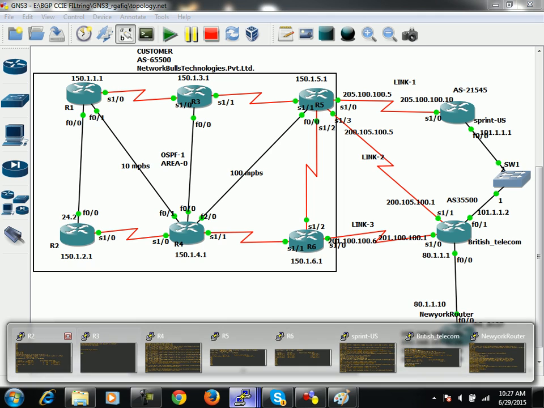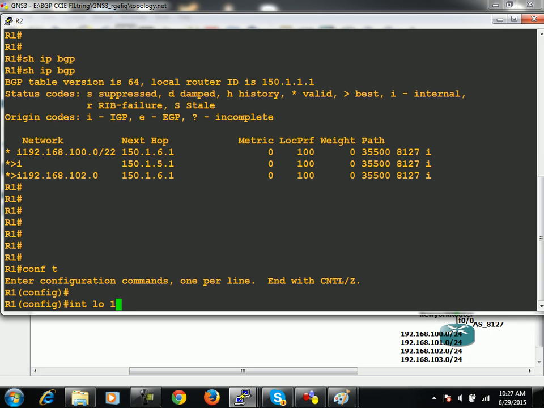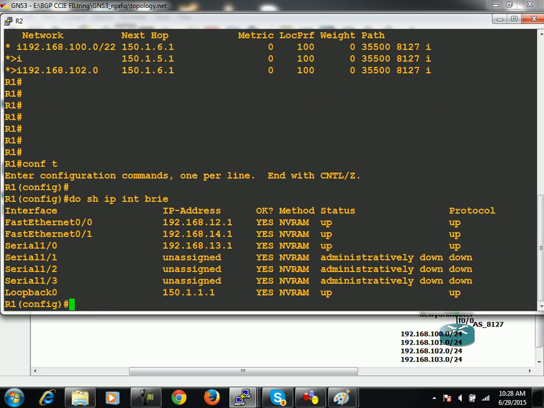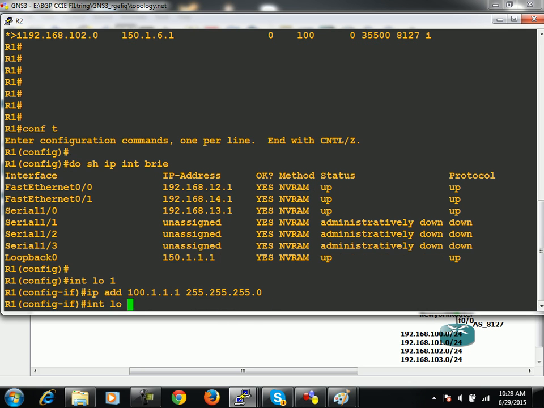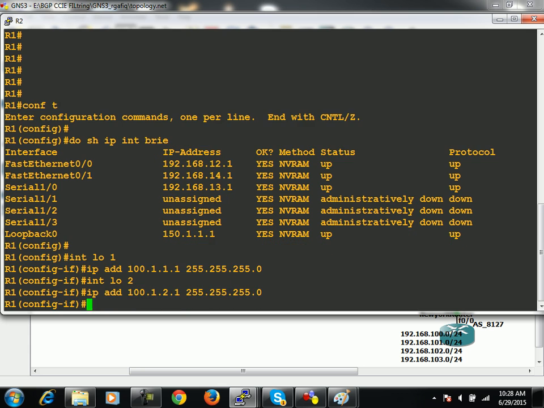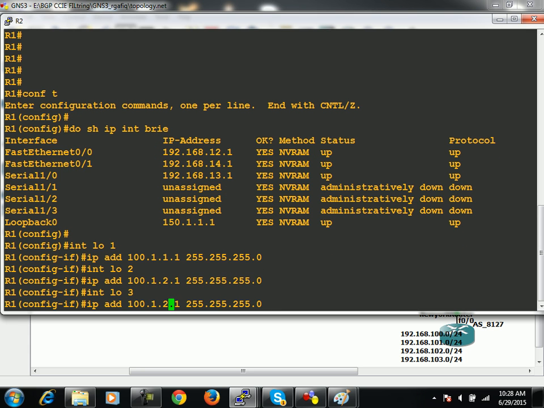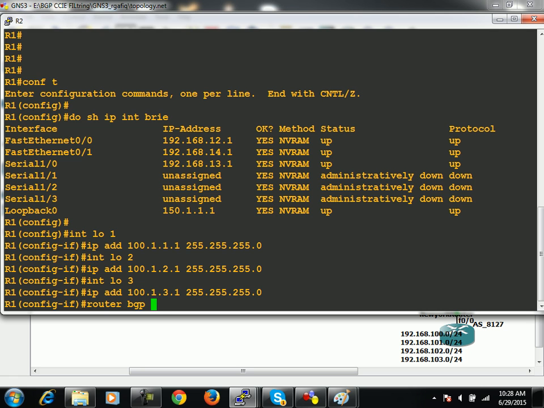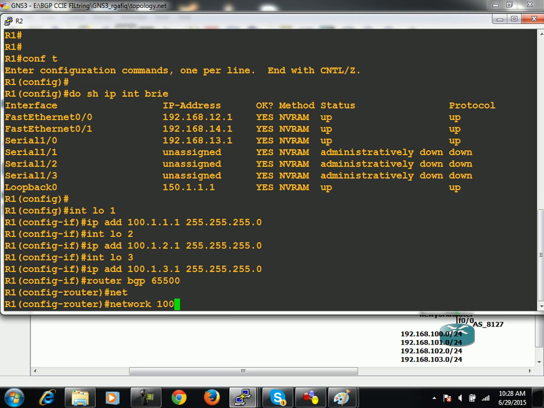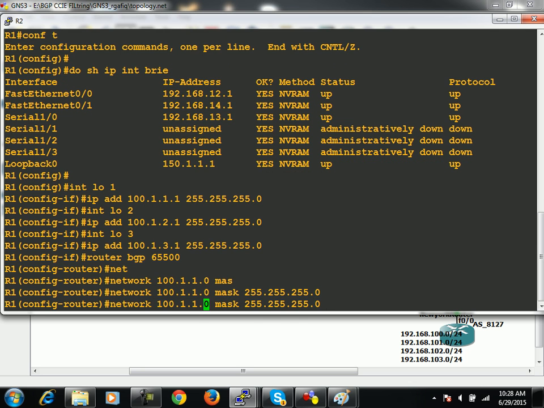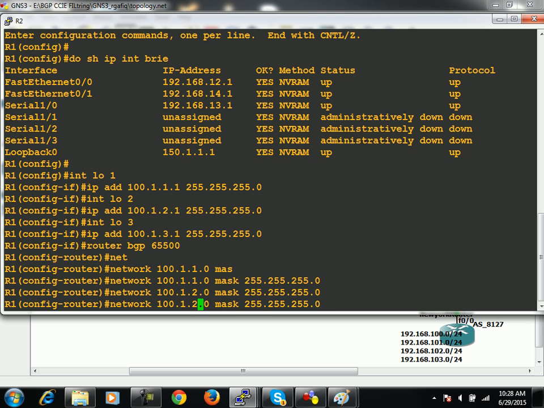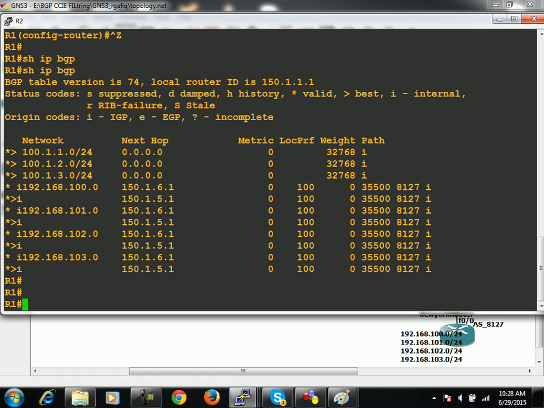And also what will I do? I will move on R1. I'll create one loopback. I can take, I think loopback 1 is not there. Let me see. Yes, loopback 1 100.1.1, loopback 2, loopback 3, router BGP. It's using 65500, network 100.1.0. mask